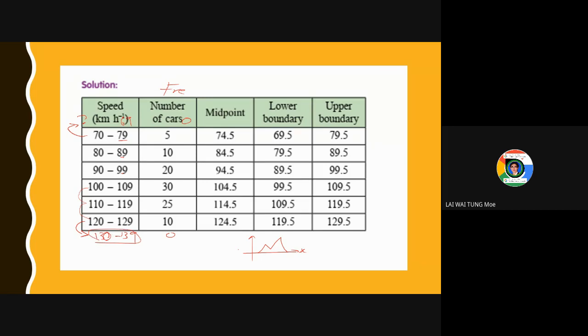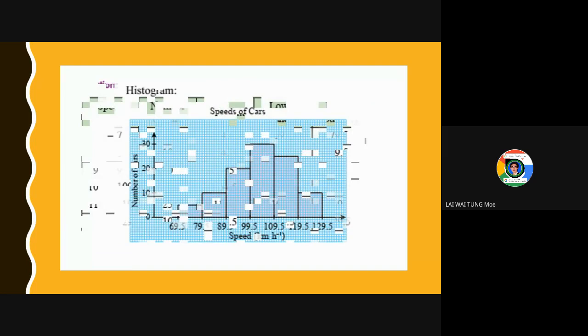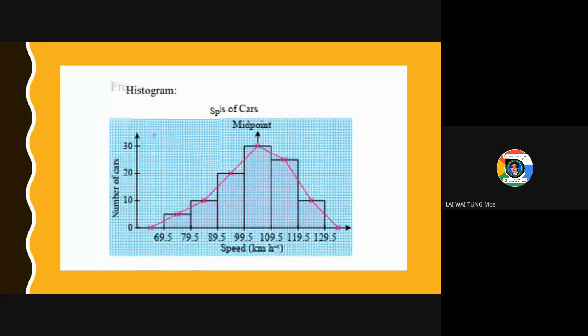And then for the previous one also do the same thing. This one should be 60, and then this should be 69. And this frequency should be 0, because the data don't have this class interval in your data. So after you get all these numbers, then you can construct either a frequency polygon or a histogram. You can draw the two graphs on the same axis, just that the frequency polygon you use a midpoint, whereas the